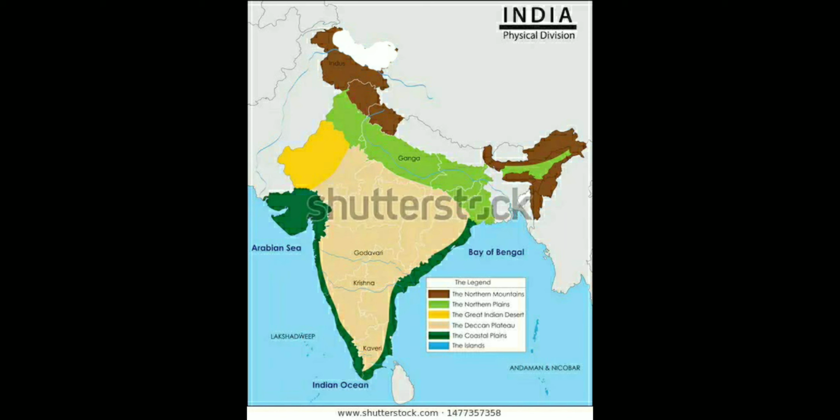Whereas if we talk about high mountains, they are shown in a dark color, and light brown is used to show low mountains and plateaus. Whereas white color, as you can see in this picture, shows mountains covered with snow, and yellow is used to show desert or dry areas, whereas plains are shown with green color.